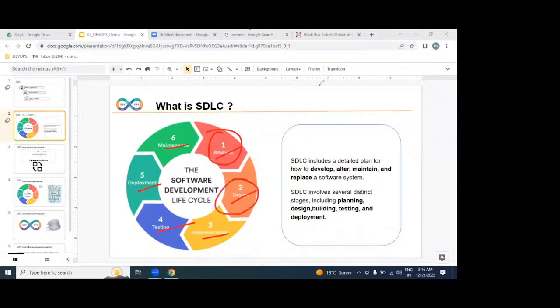Design is nothing but a plan. According to the plan, our developers will write the programming, either Java, .NET, Python, or anything. Once it is implemented and the software is ready, whether the software is in working condition or not, our testers will verify it.